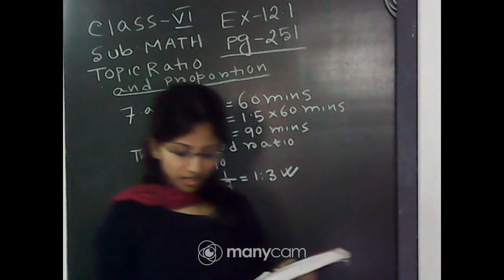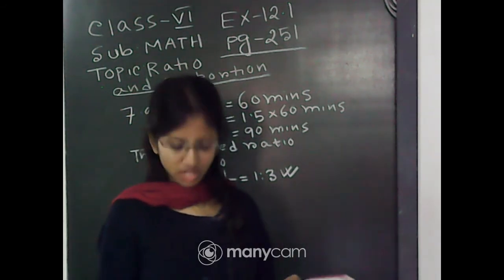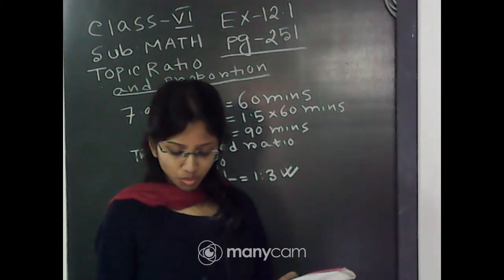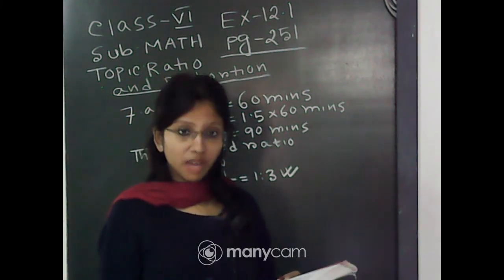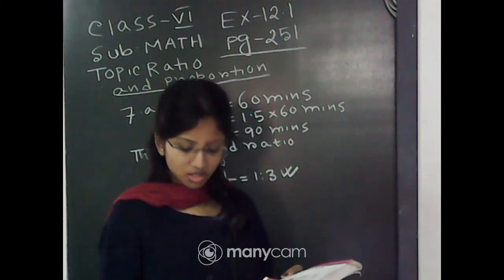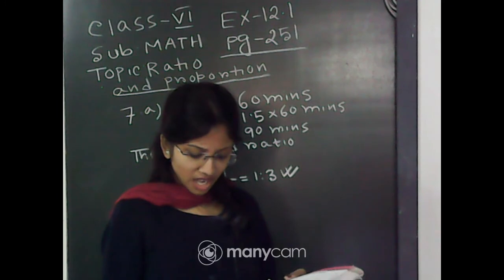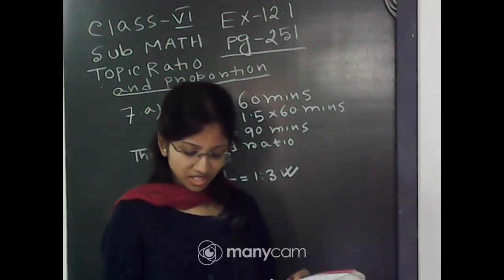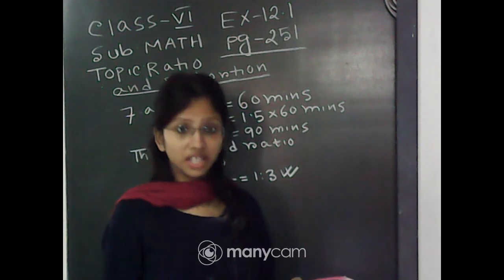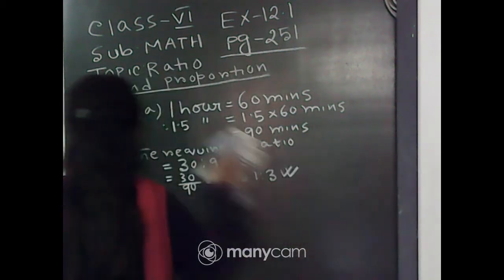In a year, Seema earns rupees 1,50,000 and saves rupees 50,000. Find the ratio of money that Seema earns to the money she saves. And question 8b is find the ratio of money that she saves to the money she spends. Okay. Question 8a.